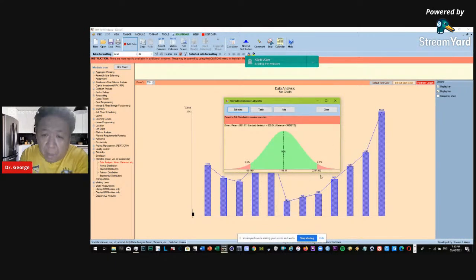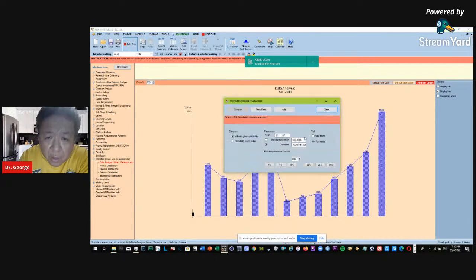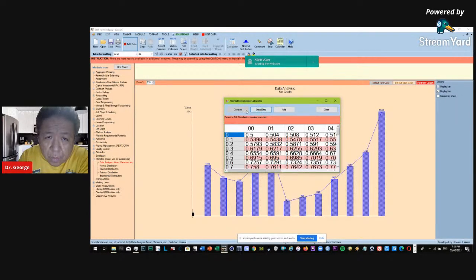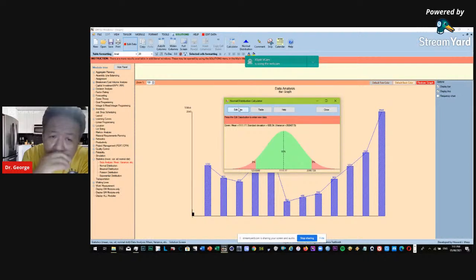because it is above the 95% probability. Let's look at the table. Yeah, okay, close. So if you want to compute again, you just look at the 90%. The value is 90%. Okay, 90%. And then if you compute data entry, 90% table. Sorry about that. Compute. Yeah. So if it's 90%, then 90% of the score, so 9 out of 10, the sales would be between